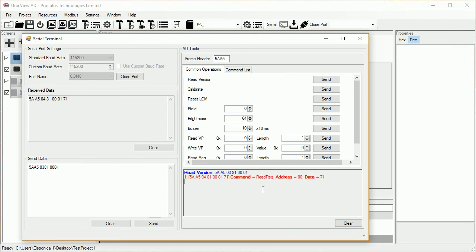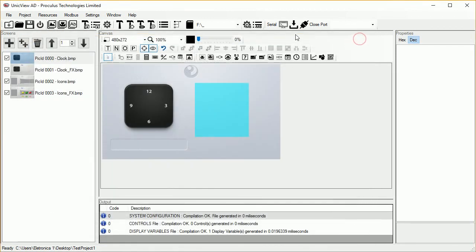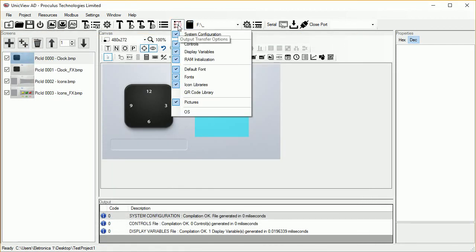Make sure the selected baud rate matches the LCM's current baud rate. If the current baud rate is unknown, you must try each one of them. Alternatively, you may download the system configuration file via SD card before starting this procedure. We recommend using the maximum baud rate value, so that the copy process takes the least time possible.